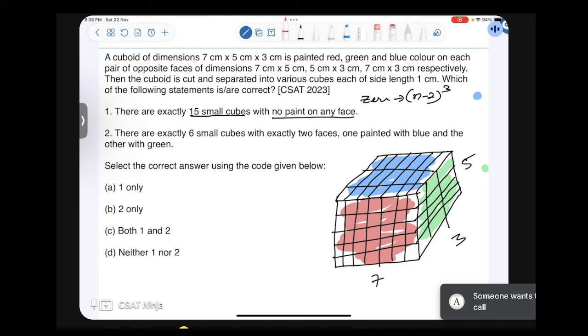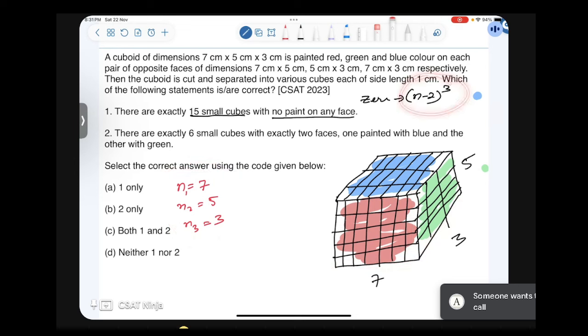So in place of n, I'm gonna use first n1 will be 7, n2 will be 5, and n3 will be 3 now. So in place of using the same n again and again, because earlier it was a perfect cube, that means all the sides were same. But in this case, these n's are different. So that's the reason why I'll have 3 n's there. So what will be the value? The formula is